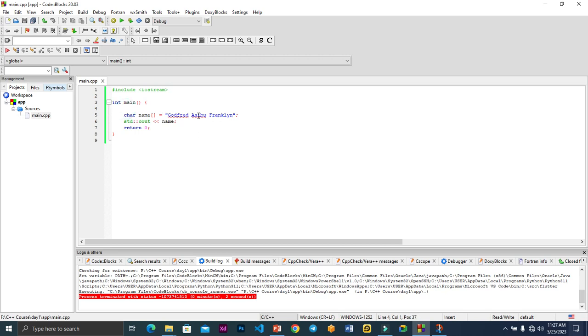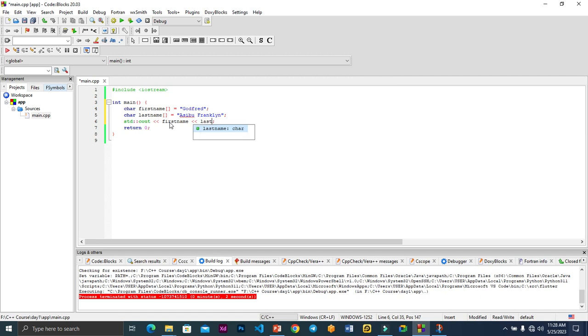So we can actually add more variables to it. So we can say this is first name, because Godfred. Okay, the first name is Godfred, and I'll say char last name. What have I done? Char last name, I'm going to remove this. It's not supposed to be this one. Char last name equals this, and then I can actually add cout first name